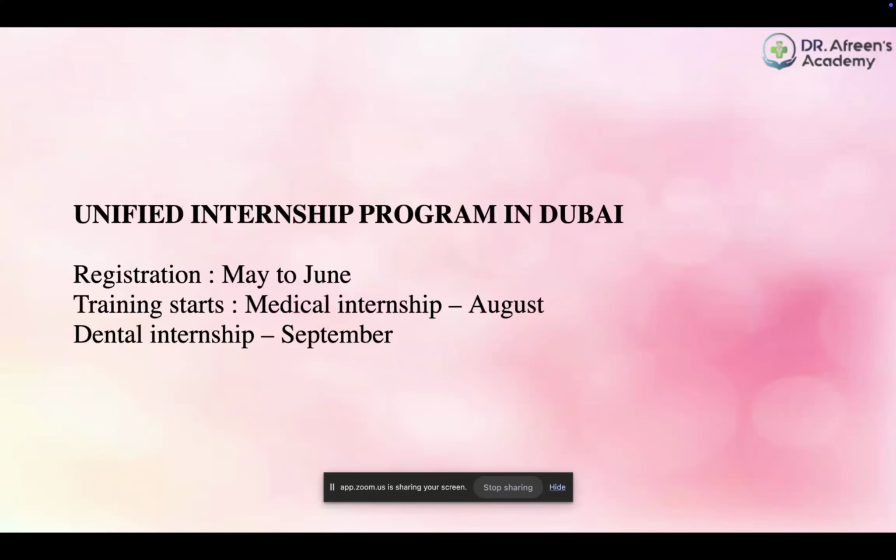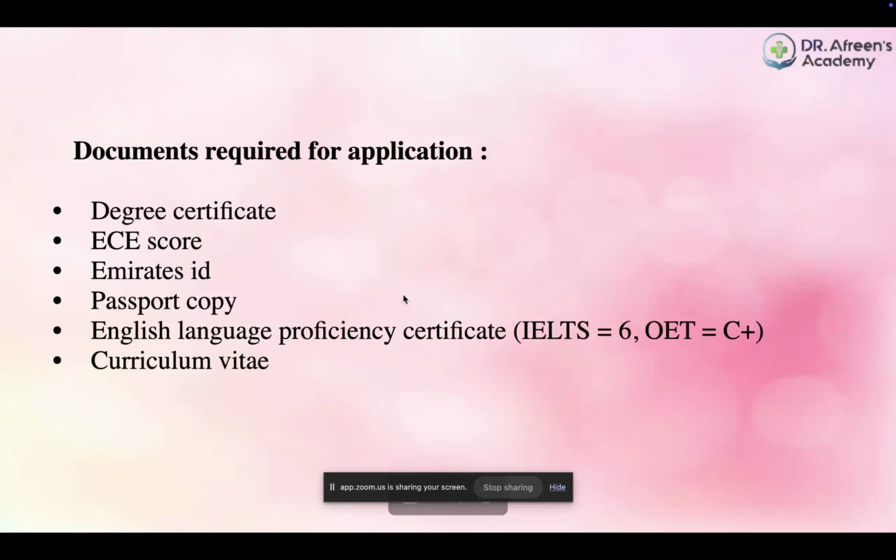So in this case, the promise letter needs to mention that you will complete your graduation before August, because this is when the induction starts and your program starts. So you have to give a promise letter saying you will complete your graduation before August, at least by the end of July. Before the commencement date, you have to give them a letter stating you will finish at least a month before the commencement date. And this has to be attested or stamped by the Ministry of Higher Education and the Embassy of the UAE from the country of study. So that is your degree certificate.